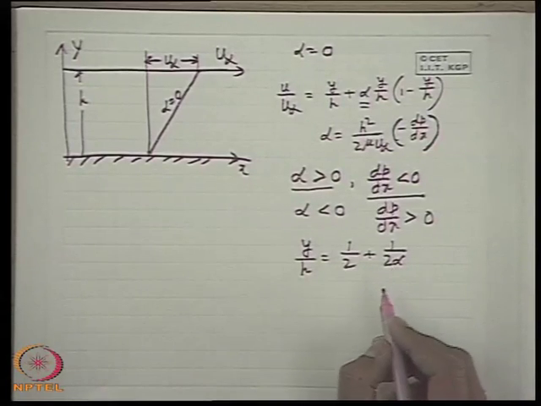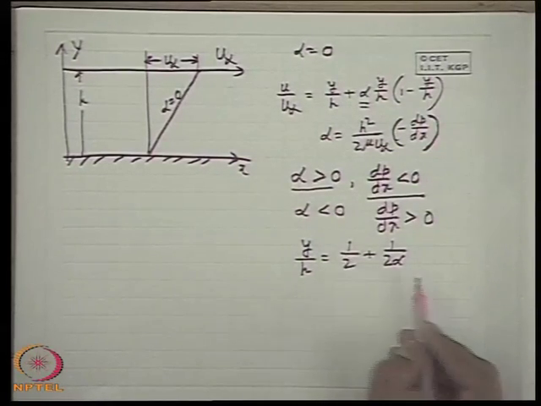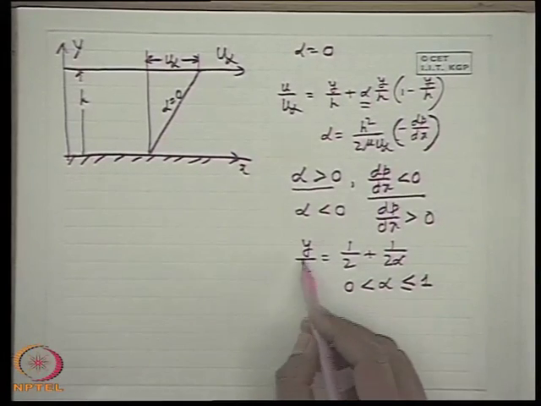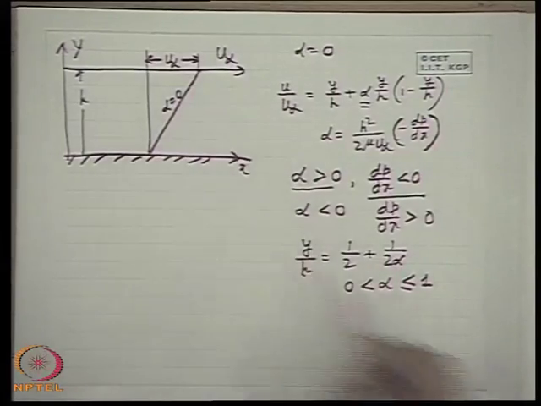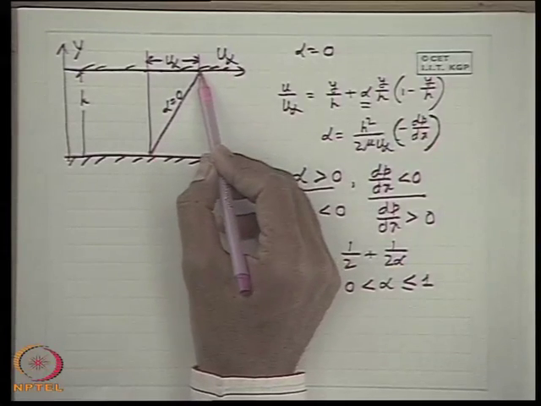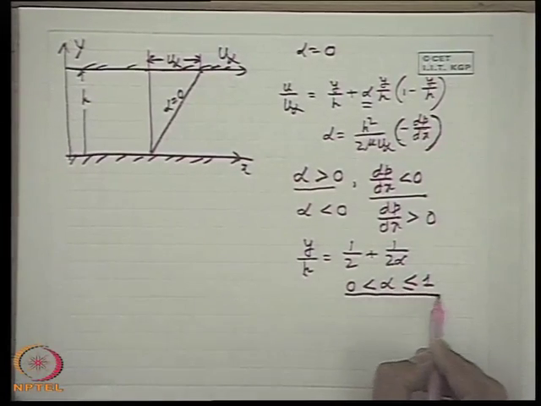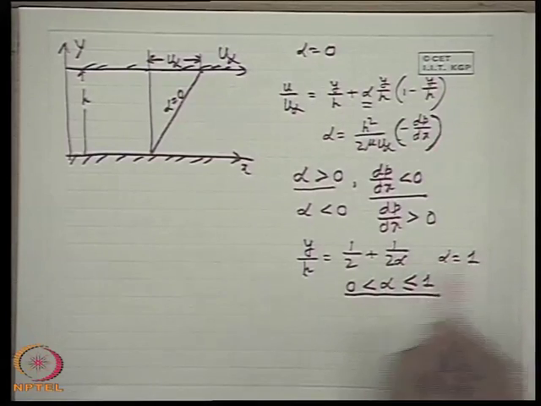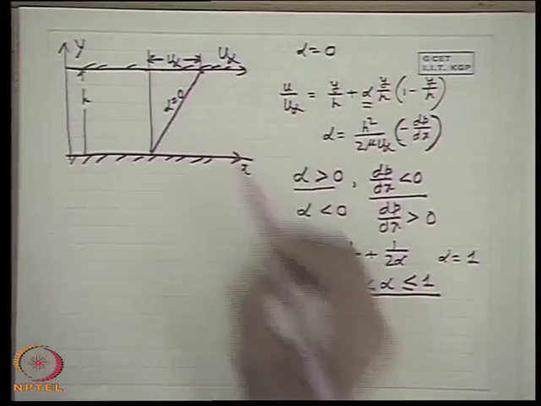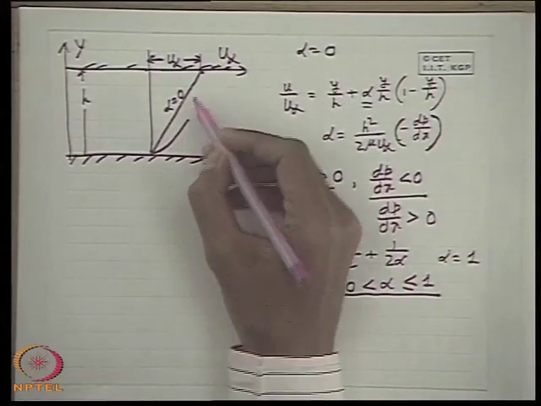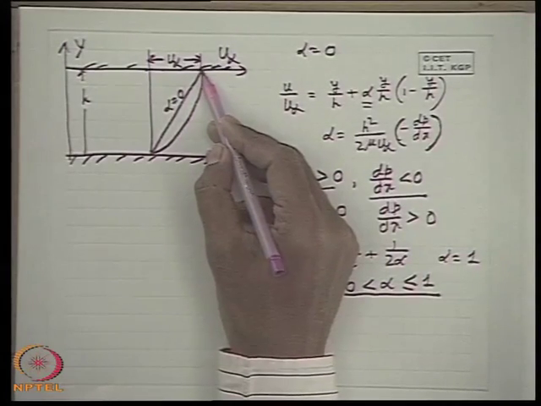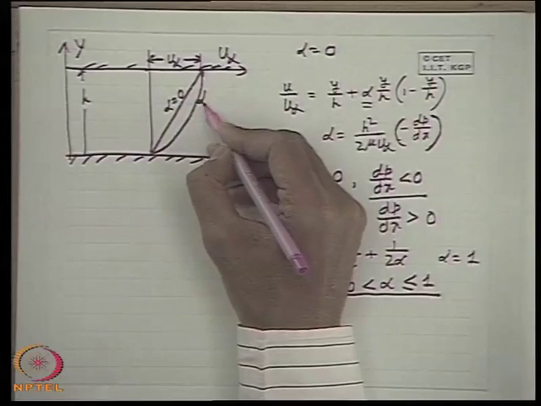Now here we have seen that when alpha is greater than 0 but less than or equal to 1, y by h, if you put it here, is more than 1, that means beyond the flow regime. So in this case the maximum velocity is u infinity, though a mathematical maximum may not exist. But exactly at alpha equal to 1, we get a mathematical maximum at y by h equal to 1. That means that at alpha equal to 1 the maximum value of the velocity is u infinity, because here the velocity is u infinity but it shows a maximum value. That means del u del y, or du dy, is 0 here. That is the curve for alpha equal to 1.